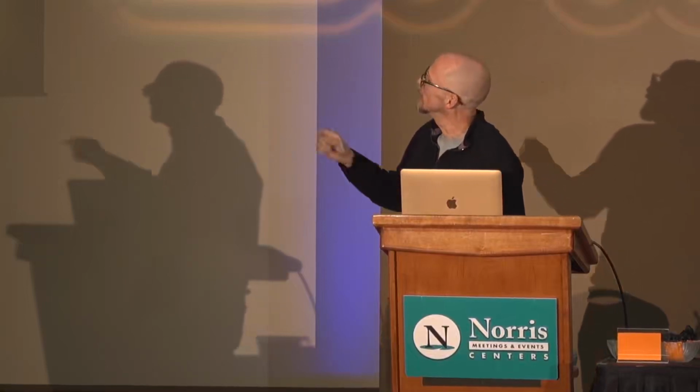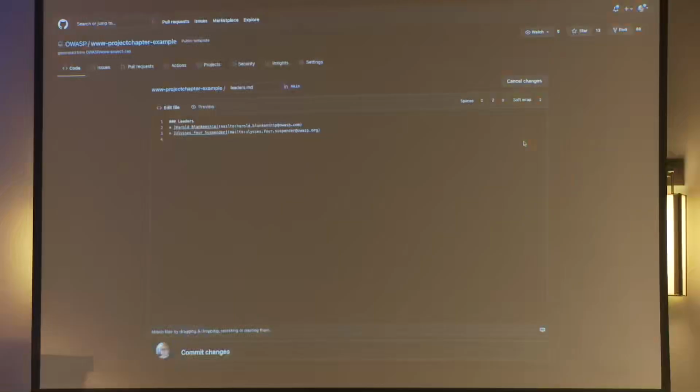And interestingly enough, I'll go ahead and talk about that now since we're in the leaders.md file. This is also how you would add leaders to your project. It's good to let us know. It's not required that you tell us, but it's better to let us know. But you can put their names in there and it will be picked up and we will know that there's now another leader on the project.